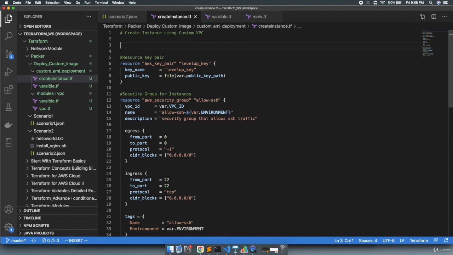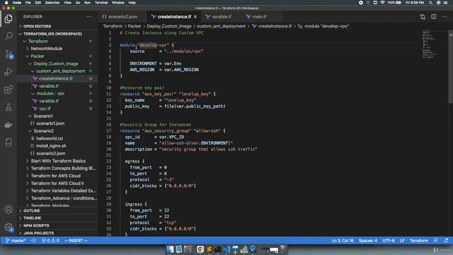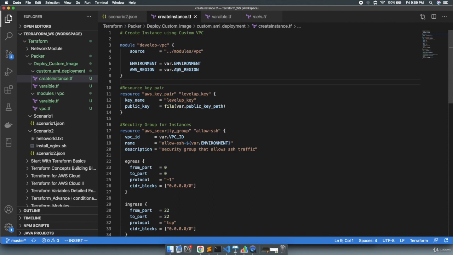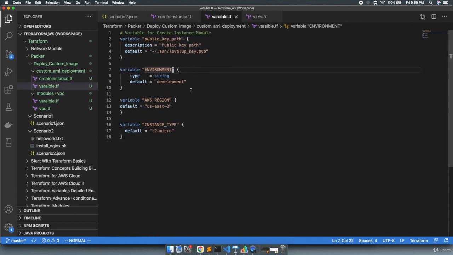So I will include the VPC module over here, the module we defined over here, right? We will add that module in the create instance.tf. So we are calling a module like develop-vpc, then the source of the module, which is modules vpc. Environment will be taken from the variable.environment, which we have defined over here, which is development. And AWS region will be called from the variable AWS region, which we have defined over here, which is US